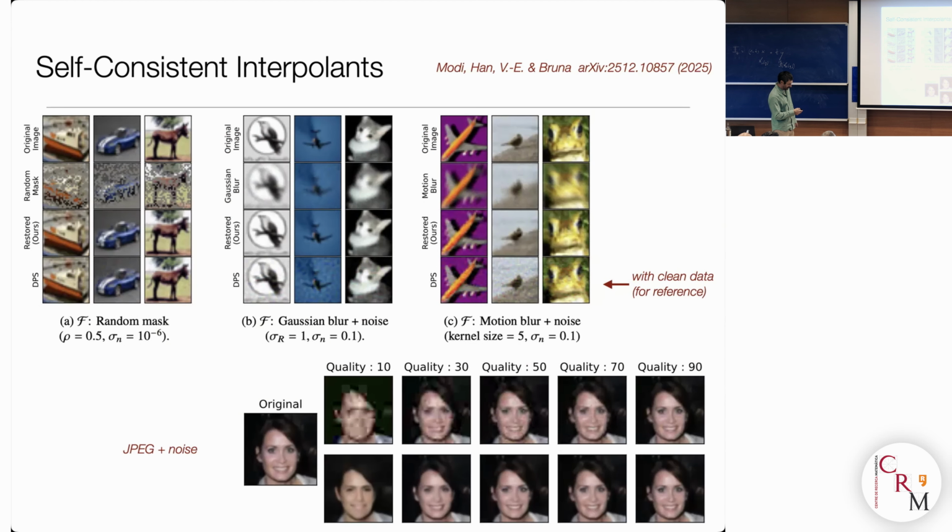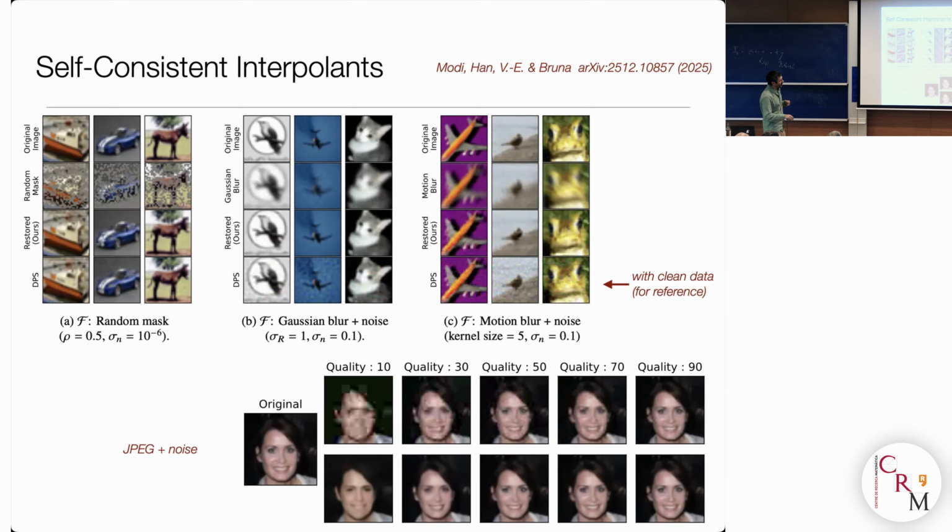So I don't know if you're going to see this because they're a bit small. What you see here are the original images. These are the ones that are given to the procedure. So these are corrupted images, but we know the corruption. And then this is what the procedure is doing when it cleans these images. And this, for comparison, is what you would get from a generative model that you would train if you had the clean data. So it's kind of the benchmark. We cannot do better than that.